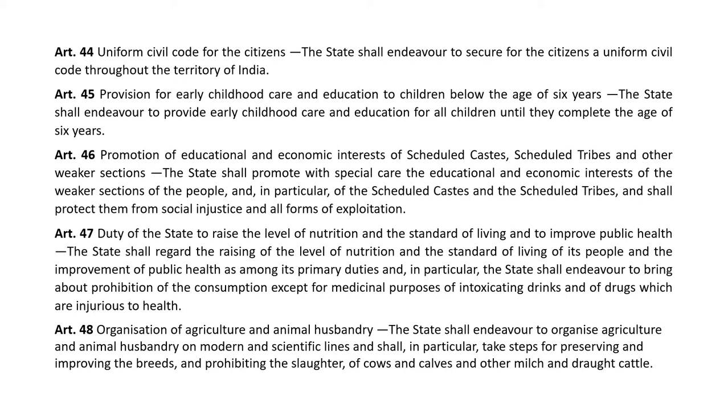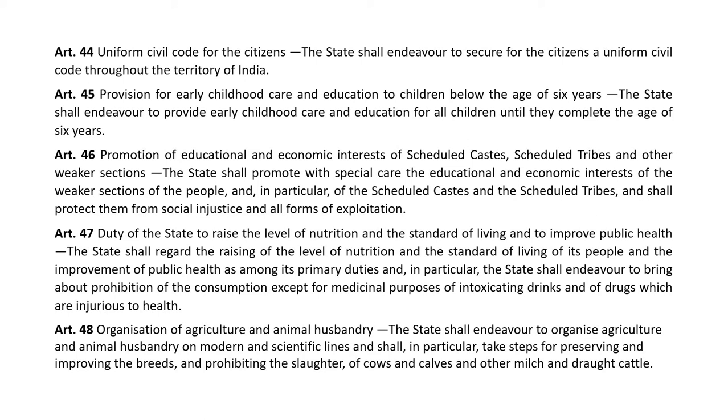The state shall regard the raising of the level of nutrition and the standard of living of its people and the improvement of public health as among its primary duties, and in particular, the state shall endeavour to bring about prohibition of the consumption, except for medical purposes, of intoxicating drinks and of drugs which are injurious to